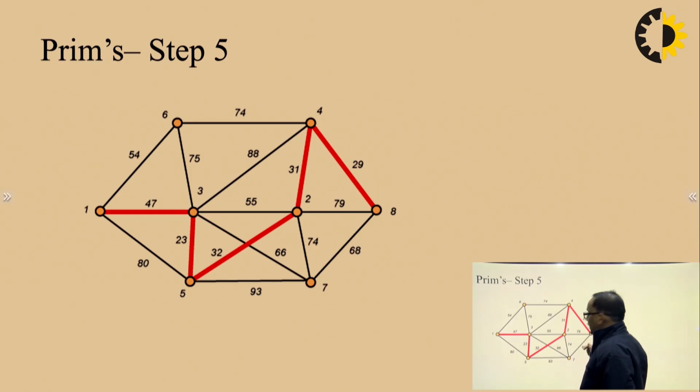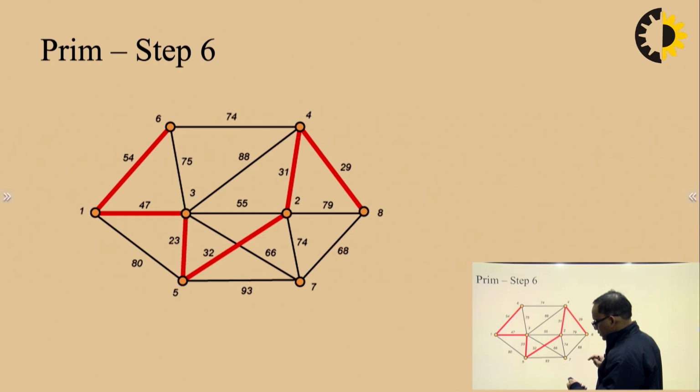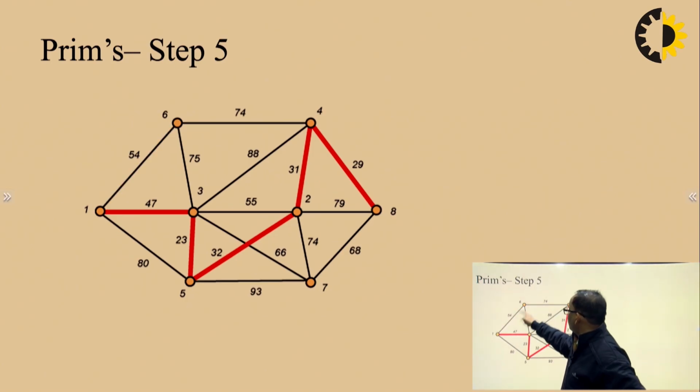Again, we will find the adjacent vertices of vertex 8. The adjacent vertices of vertex 8 are vertex 2, vertex 4 and vertex 7. This edge has weight 79, it will not be selected, and it will form a cycle also. This has 68 and 7 is also not included in the tree. So among all the possible edges, the edge which connects vertex 7 and vertex 8 with the weight of 68 will be selected and added to the minimum spanning tree. Okay, sorry, again this 54,